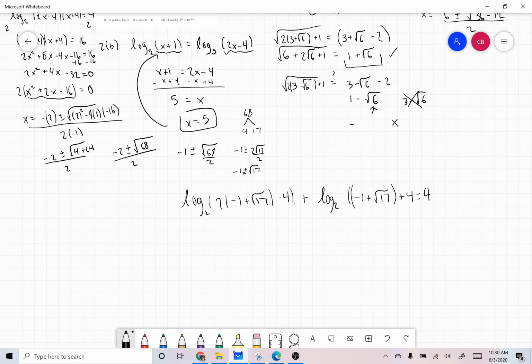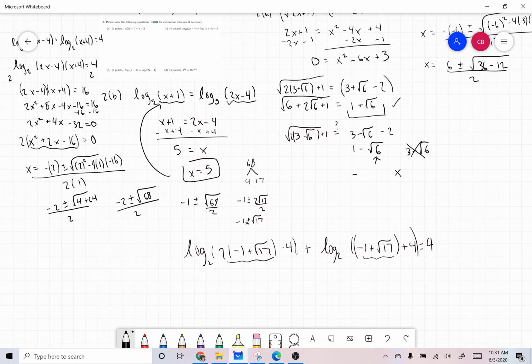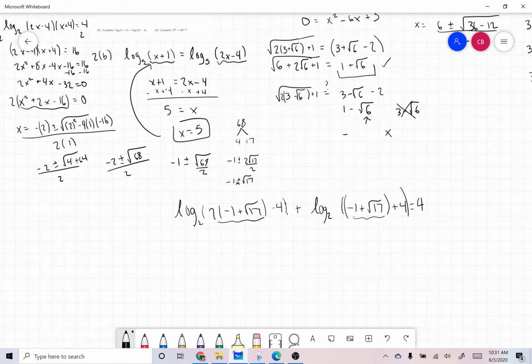Let's make sure this is positive. This is 2 times something that's basically 2 times 4. 2 times 3 actually. 2 times 3 is about 6. So if that's 6, 6 minus 4 is positive. If we do the next one, this is going to be positive. So this will probably add up to what we want it to. Okay, so that will be good. This one checks out, and if we do the negative now,